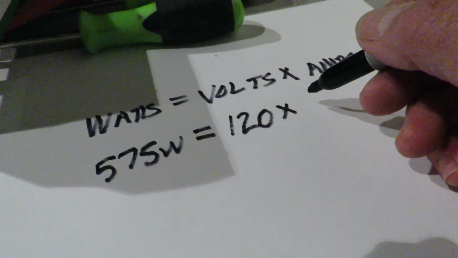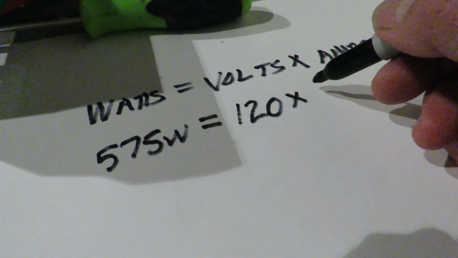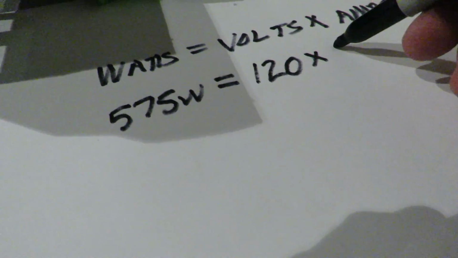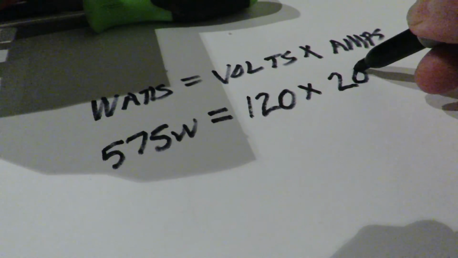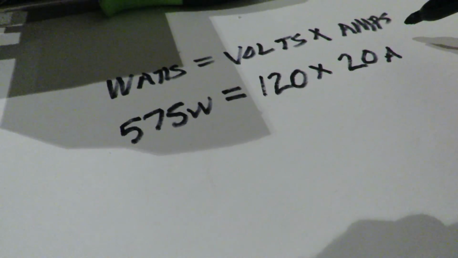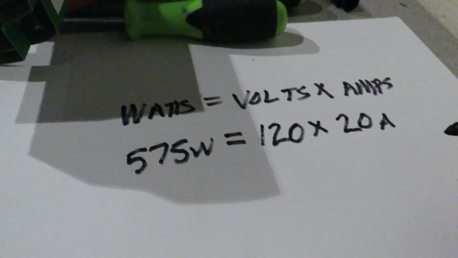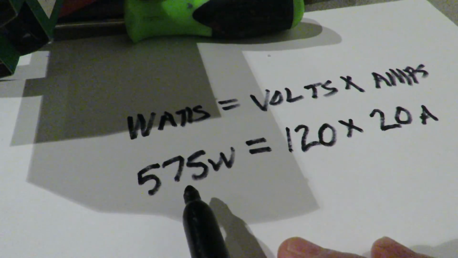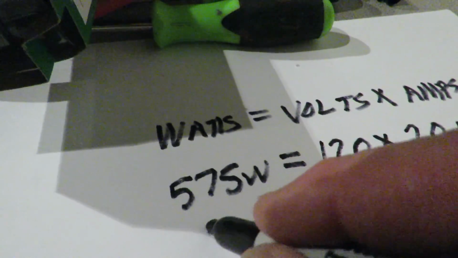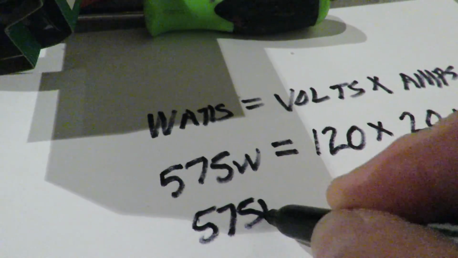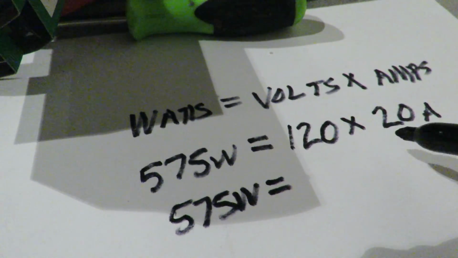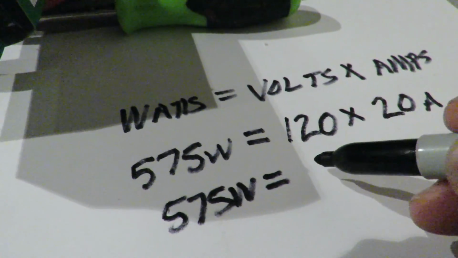You may get into some weird squirrely situation where it's a very, very old theater and it's something goofy, but it's always going to be 20 amps. The same is more or less true with your outlets in your house. Most of them are all wired to a 20 amp circuit, although there's also some variation there. So now it's just a matter of doing simple math. 575 watts, if you remember this from math class, 120 times 20 equals